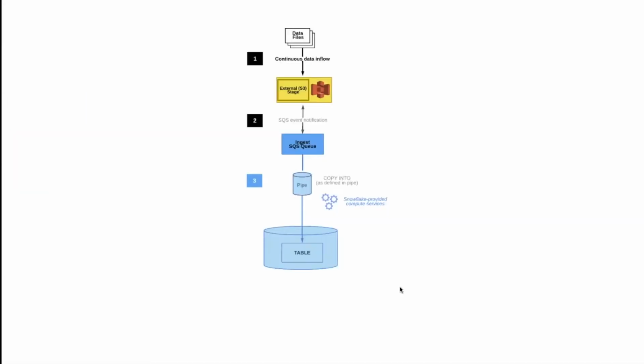So after setting up the IAM role, there are a couple of things we need to create in Snowflake in order to automate the workflow: storage integration, external stage, and pipe object. First, let's create a cloud storage integration in Snowflake. The storage integration is a Snowflake object that stores a generated IAM entity for your external cloud storage along with an optional set of allowed or blocked storage locations, such as Amazon S3.